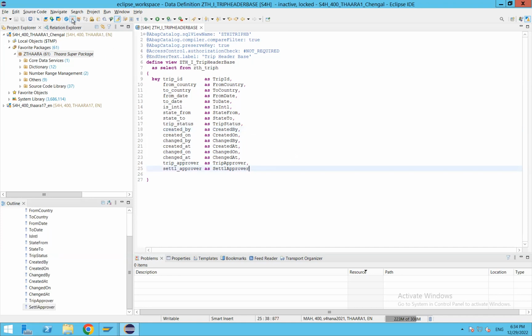Okay, let me activate it. The Control F3 shortcut is still the same shortcut we have available on Eclipse as well. If you want to check the view just before activating, this shortcut is also the same, Control F2. You can use this, and I'm straight away activating this